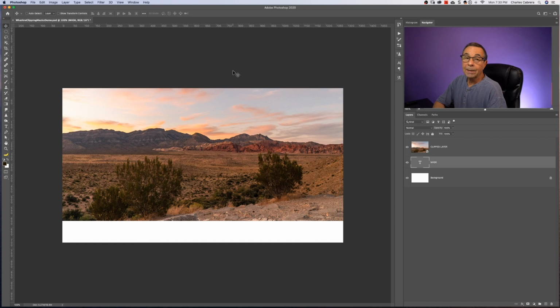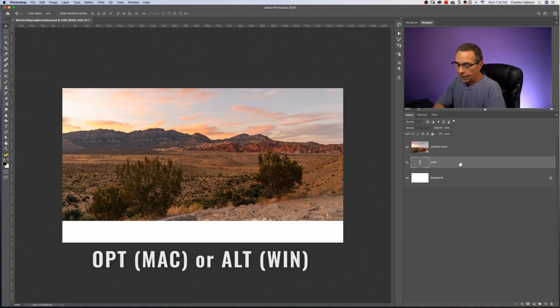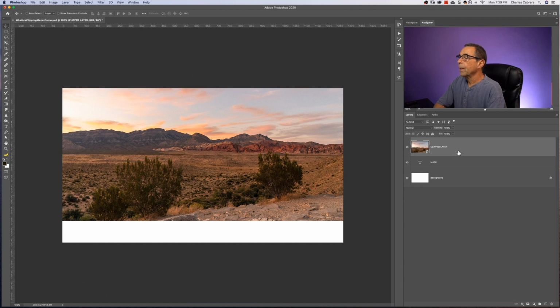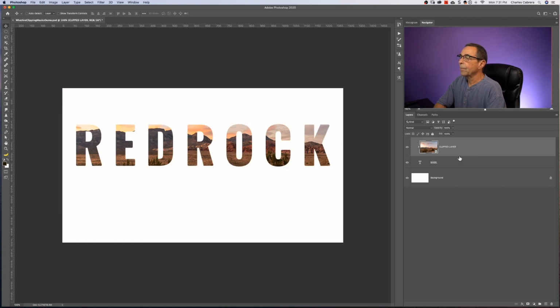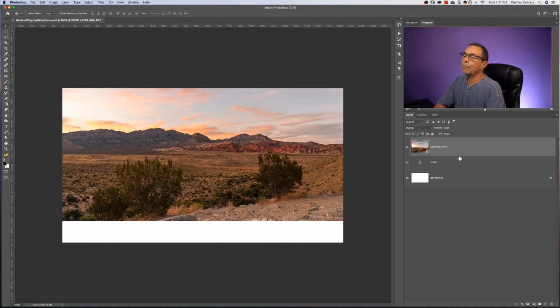So how do we create clipping masks? Well, we have a few keyboard shortcuts here to help us out. If you hold down Option on Mac or Alt on PC, click on the clipped layer. Now that's the layer on top of your mask layer, and you can see that the cursor changes with the arrow pointing down. You click and you have your clipping mask. To release it, hold Alt or Option again, and you see that the cursor changes and it has a strike through the arrow pointing down. Click again and you've released the clipping mask.